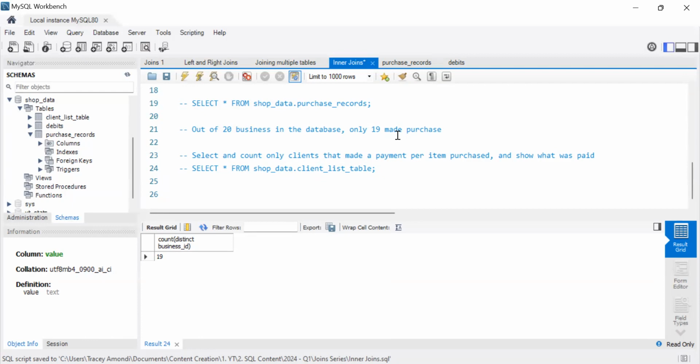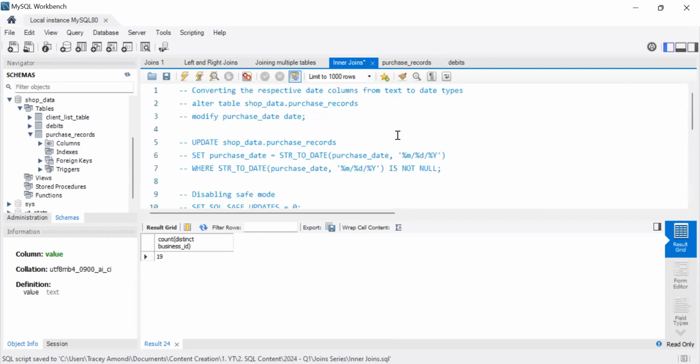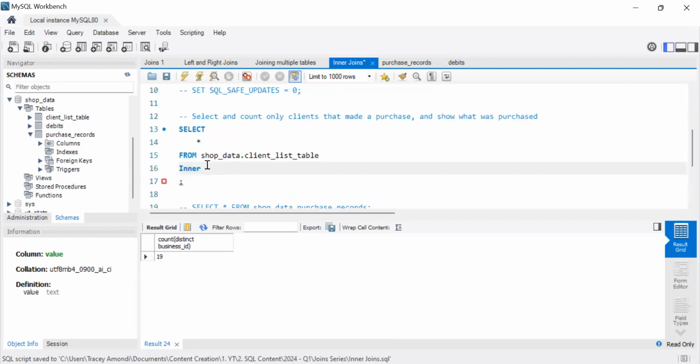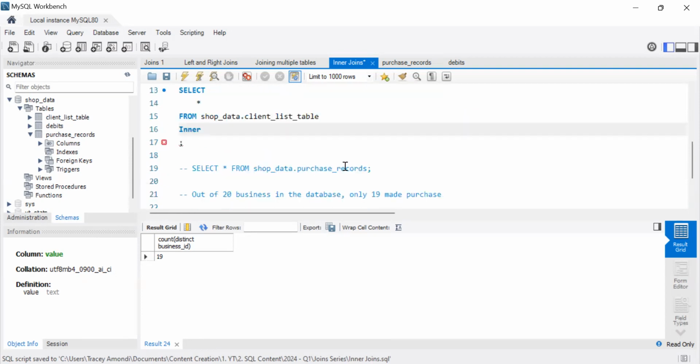So the inner join joins based on what the two tables have in common. So if there's something that's on one table that's not on the other, it will be excluded. So if there was someone who made a purchase, but they're not on the business table, they'll be excluded. And if there's someone who was in the client list, sorry, not business table, client list table, and they are not in the purchases table, they'll be excluded. So that's what an inner join does. Yeah. So inner join, so